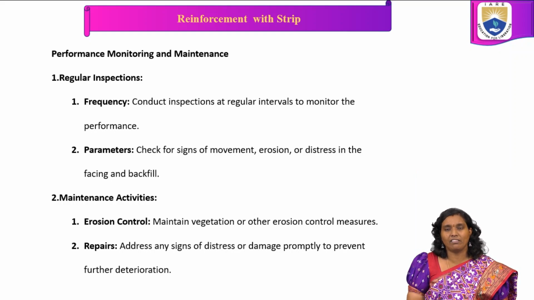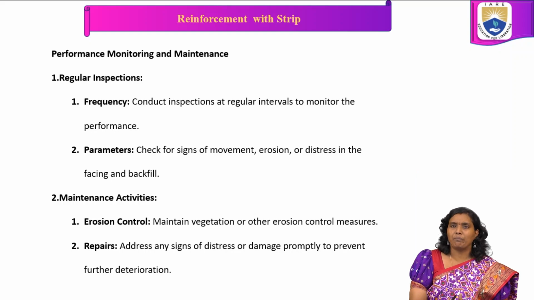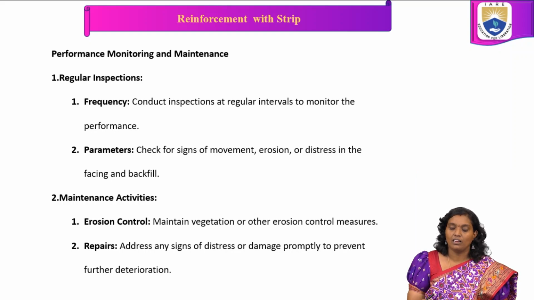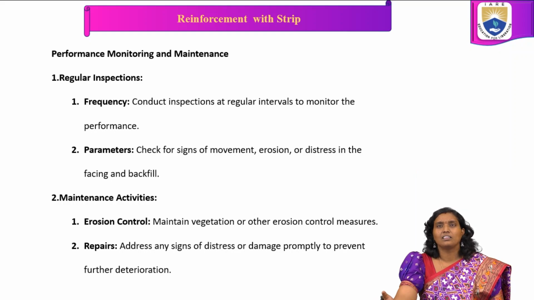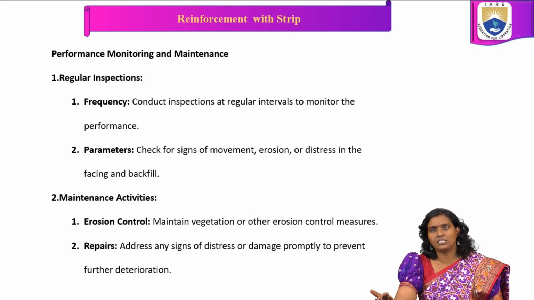In maintenance activities, erosion control: maintain vegetation and other erosion control measures. And repairs: address any signs of distress or damage promptly to prevent further deterioration. These give better efficiency to the strip